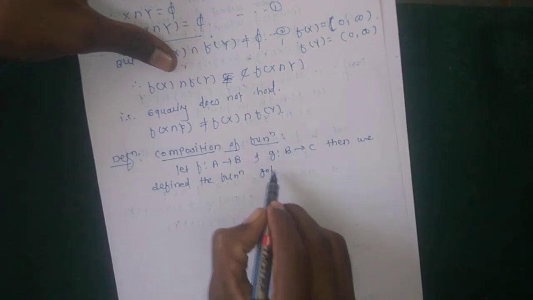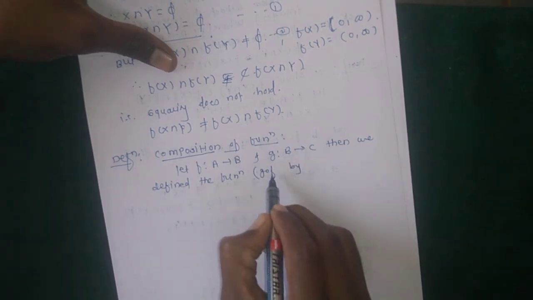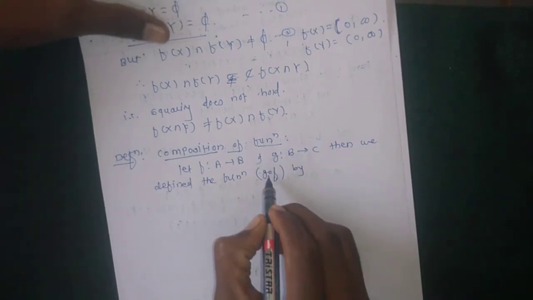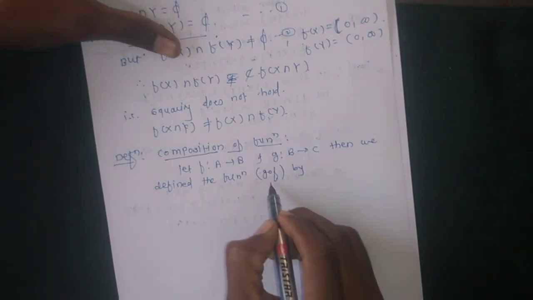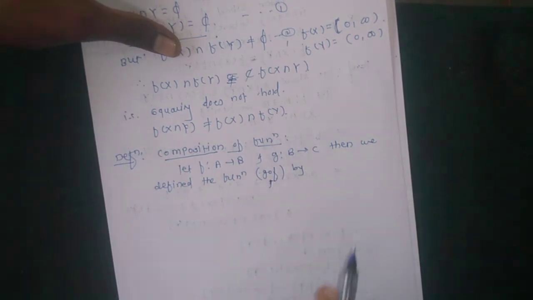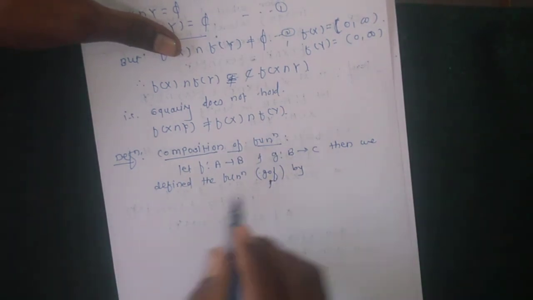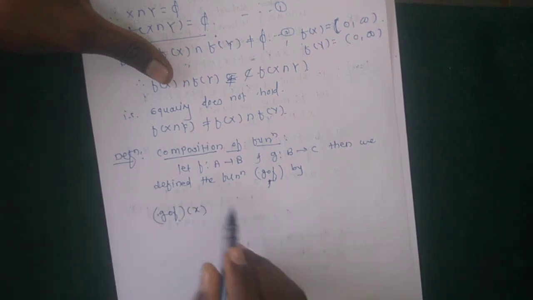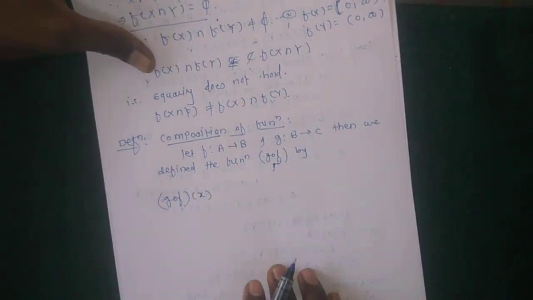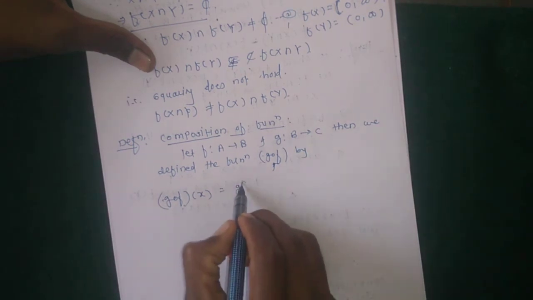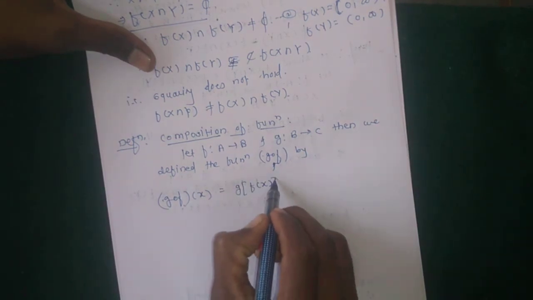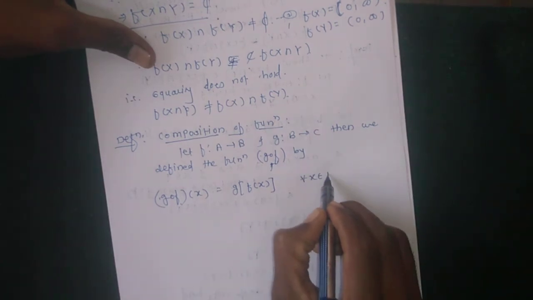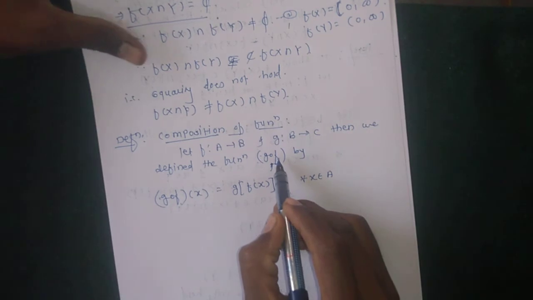g composition f. This is the symbol of composition, a very small circle: g composition f. This is the notation of a composition function. Okay, g composition f is defined as (g∘f)(x) = g(f(x)) for all x belongs to A, which means the composition function